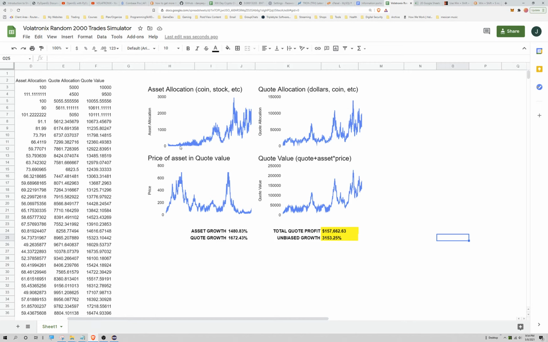See, this is what Volatronix is all about. It's raw power. It's a general blowing, just like wind in the sails. You know, the ocean is going to rock the boat a little bit, but as long as the wind is blowing, meaning Volatronix is trading, that's the wind. Your ship's going to sail, and you're going to get where you want to go eventually.